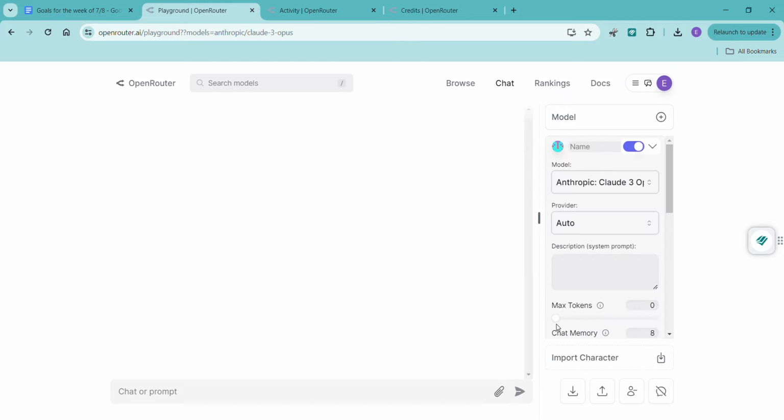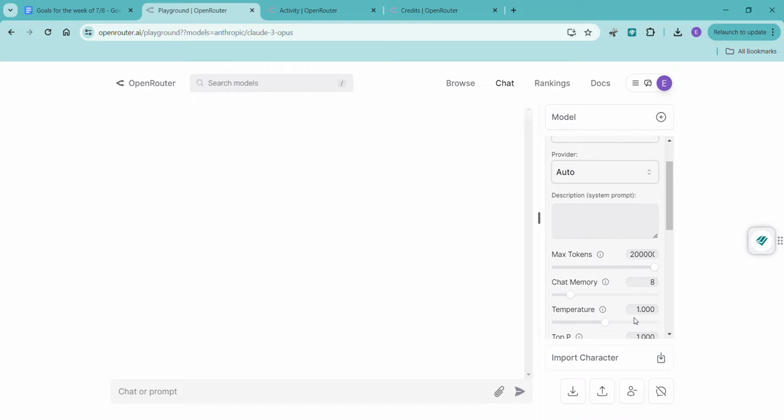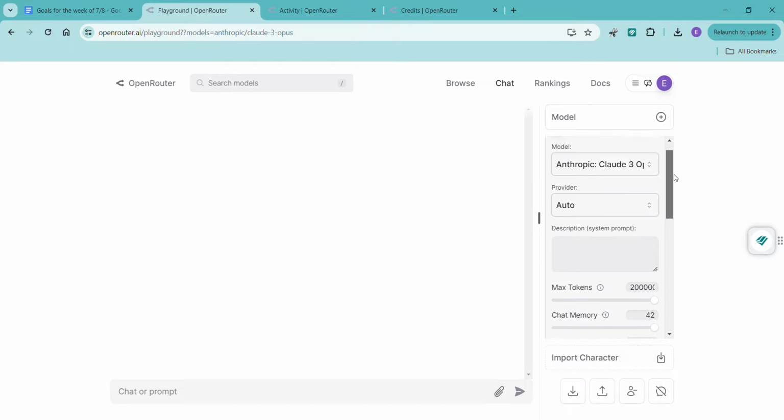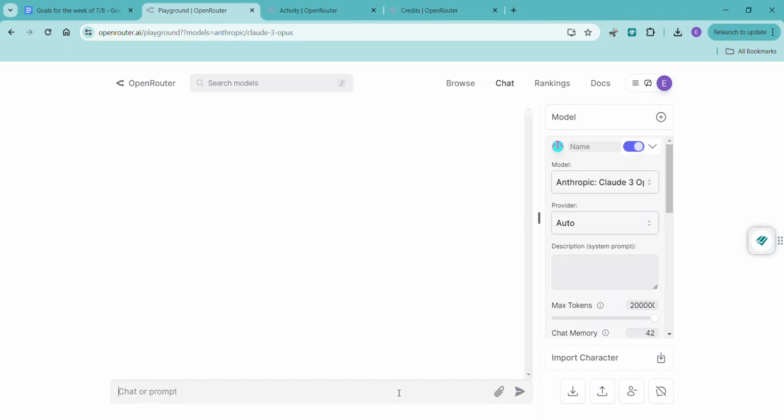We're going to come down here. We're going to max out the tokens. We're going to max out the tap memory. We don't have to do this because we're not going back through and using it for an entire conversation. It's not like we're plotting this book out with Opus. This is just something that I do automatically. I've maxed out these two. So now that we have those maxed out, let's go ahead and